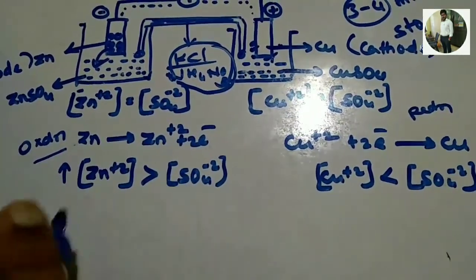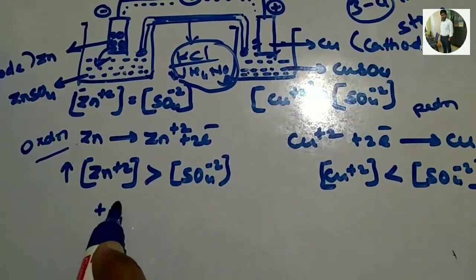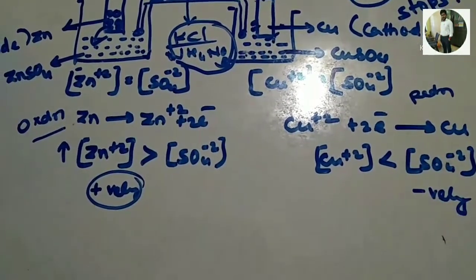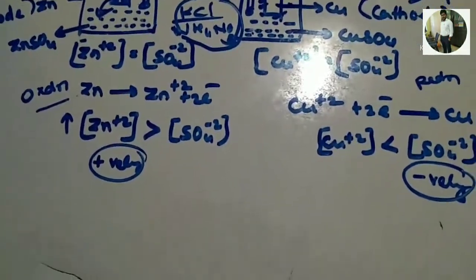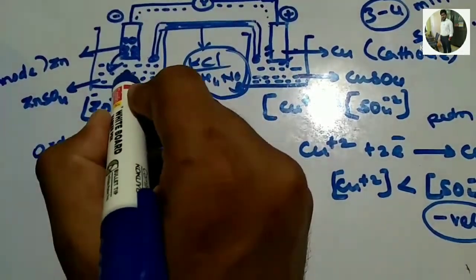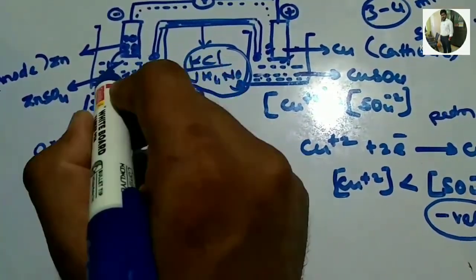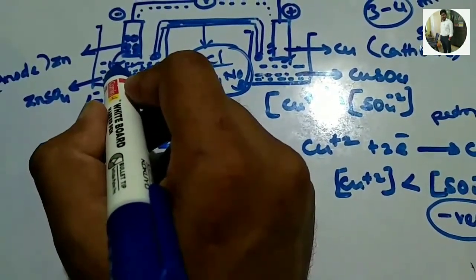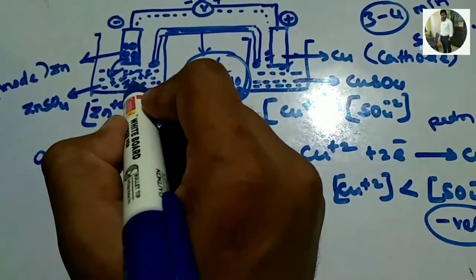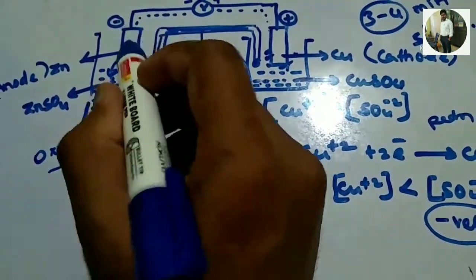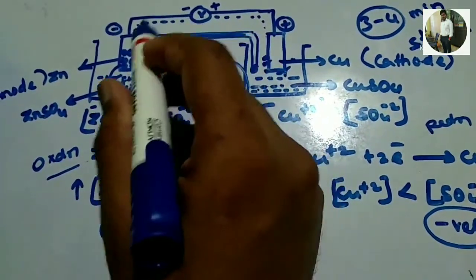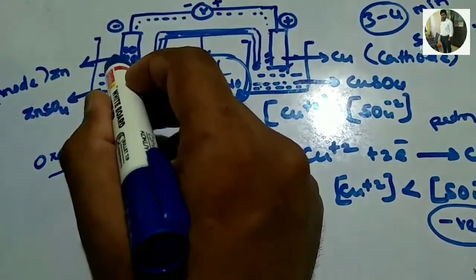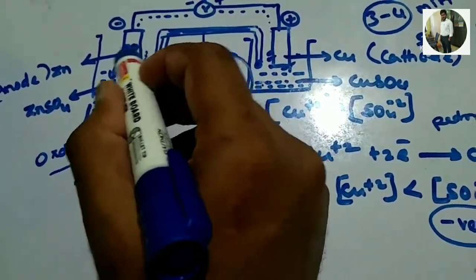So Zn+2 ions are increasing, means it is what type of electrolyte? Positively charged electrolyte. SO4 minus 2 ions are increasing, means it is a negatively charged electrolyte. So here the Zn+2 ions are more with respect to the SO4. All are Zn+2, maximum number. So what will happen next? Zn+2 ions are positive and the anode is negative. Why? Because it is connected to the negative terminal, so it is negatively charged. So positive and negative will get attracted, and the Zn+2 ions will get attracted and deposit on the surface of this anode.